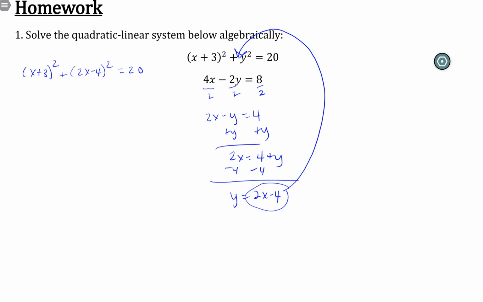So if I multiply all this out, I have x squared plus 6x plus 9 plus 4x squared minus 16x plus 16, that's all equal to 20. So now if I go through and combine some like terms, I have 5x squared